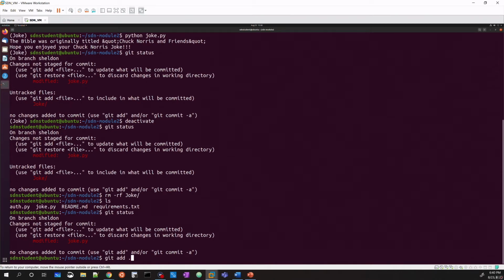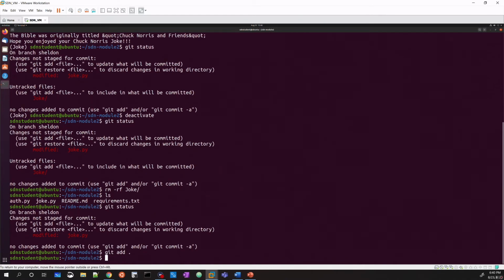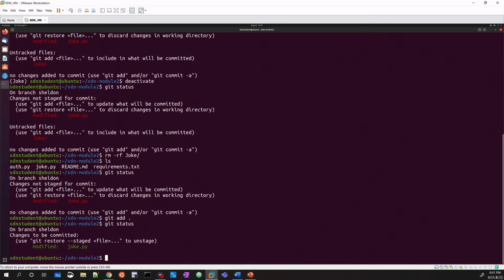So this does not push it quite yet or commit it to the branch even. It is just staging it for a commit. So I'm going to add it. And if I do a git status again, you can see it's changed. I could restore from that, but since I know it works, I'm going to go ahead and do a git